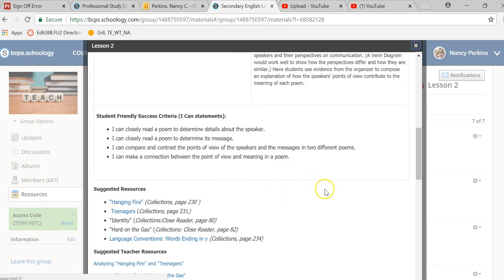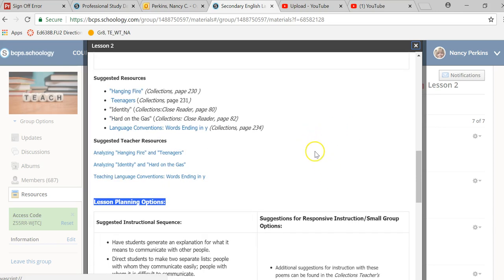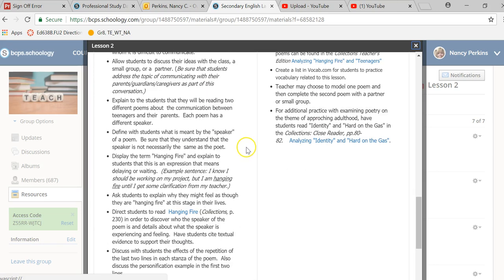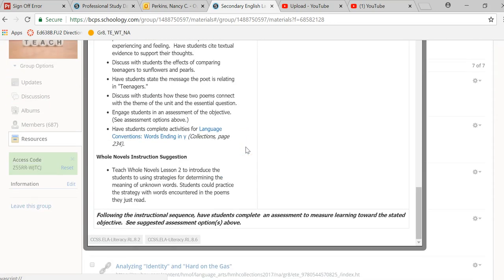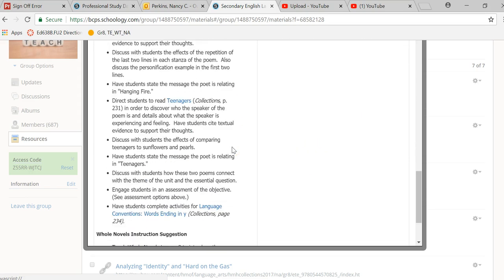Okay, then we have I can statements for the lesson. Then here are all the resources, and these are all linked for you. You can see all of these are from collections. In a lot of lessons, we separated student resources from teacher resources. These are the pages from collections that are the teacher's guide. Then here are the directions for the instructional sequence. Okay. And then over here are suggestions for what you can do to differentiate or scaffold the instruction. Okay, so the left side is the instructional sequence, the right side are suggestions for what you can do to